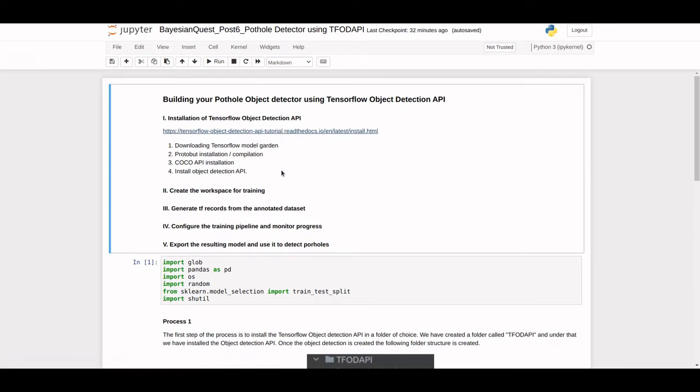After that, once the Object Detection API has been downloaded, we'll create a workspace specifically for training. And then generate something called the TF records, which are the way in which the images or the basic input files are read. Then we'll configure the training pipeline, and then we'll also look at the inference cycle. So let's quickly look into this object detection,